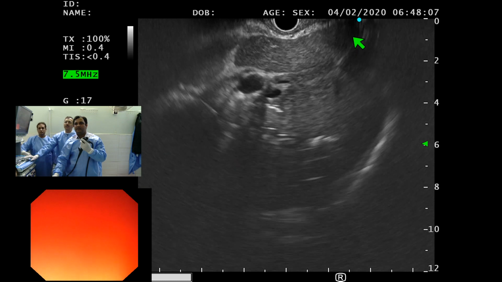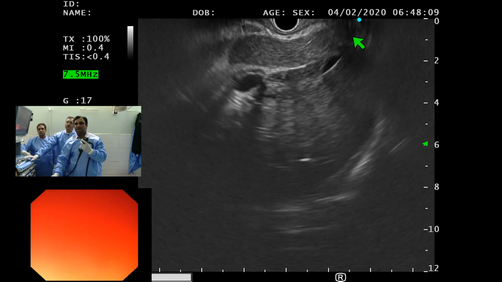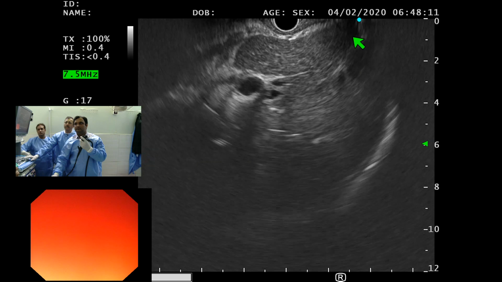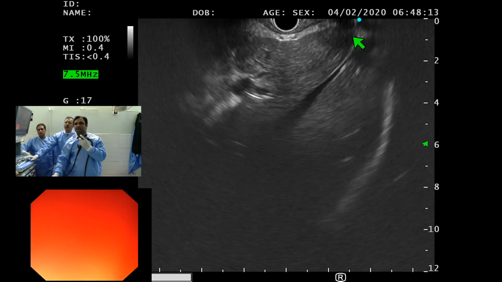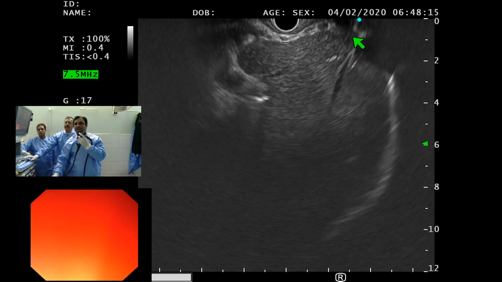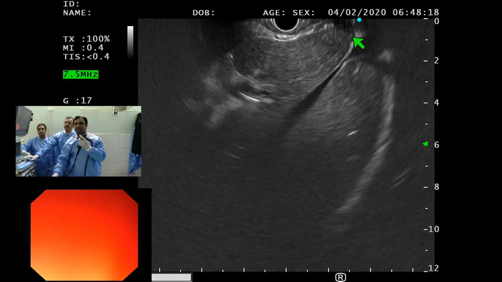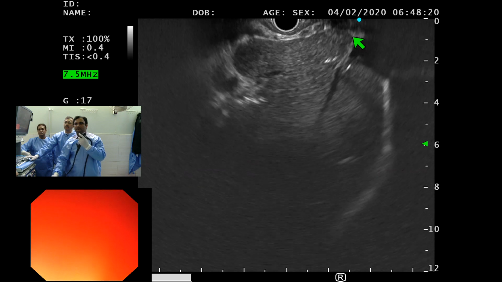But yet, to be honest, we are not able to appreciate any abscess over here. No hypolucency with ring enhancement. नहीं, रिंग एनहांसमेंट तो अभी आपको नजर नहीं आएगी ना इसमें।